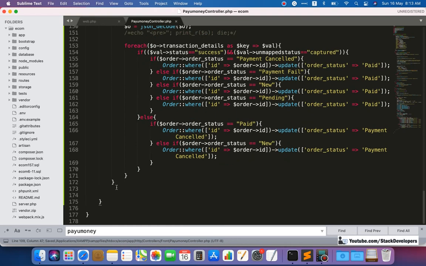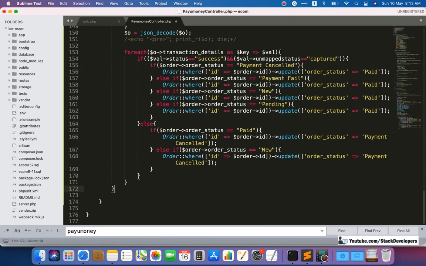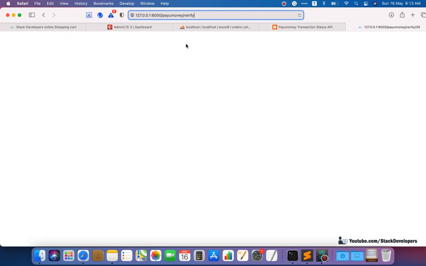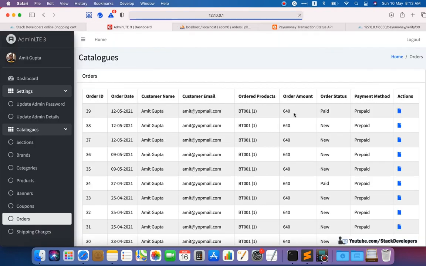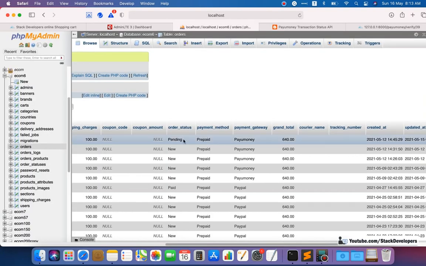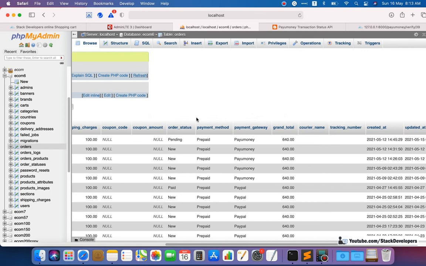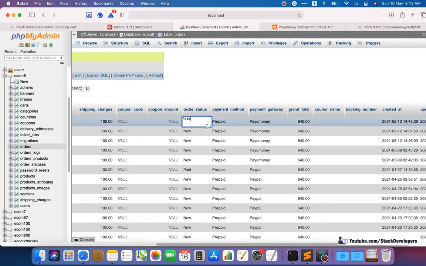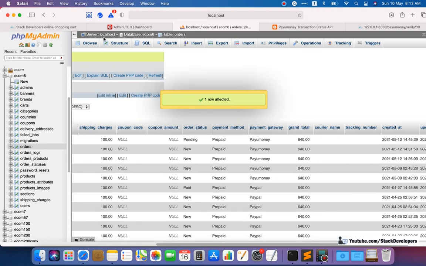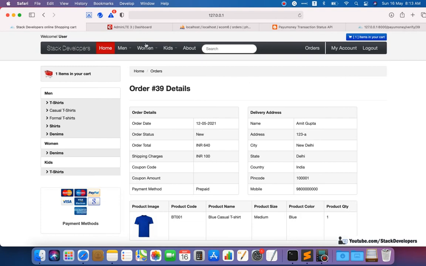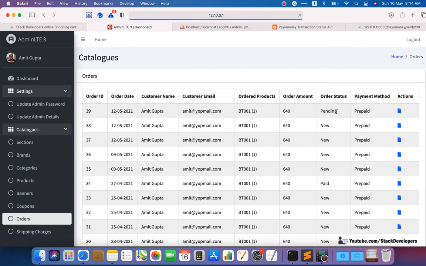We are going to run this API, so we'll hope that it will convert the status to paid. Okay, so I'm going to check the status once again, and here the status is paid. I'm going to manually update the status to pending once again. Here the status is paid, that we have converted with the API last time, so I am going to again convert it to pending. Okay, so let's see, the status is pending here as well.